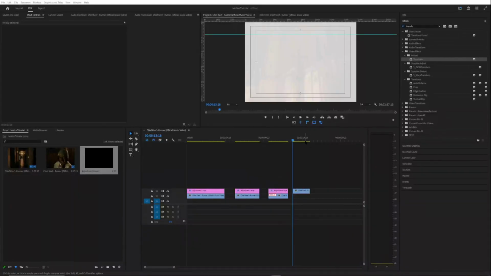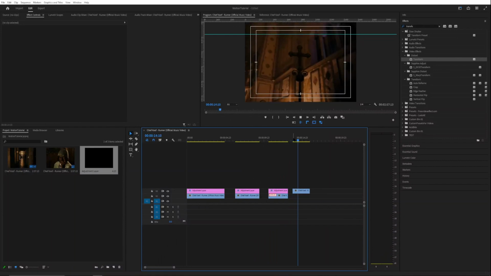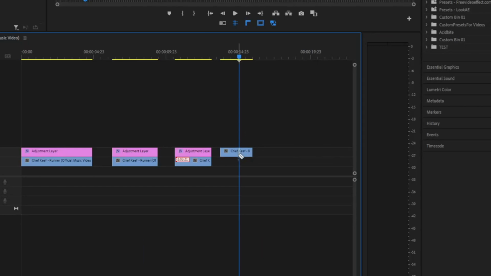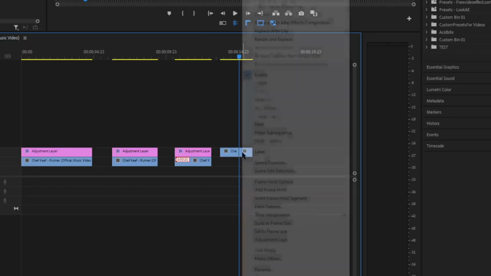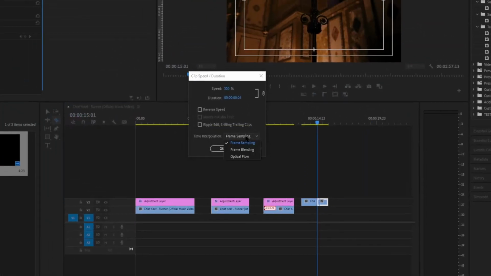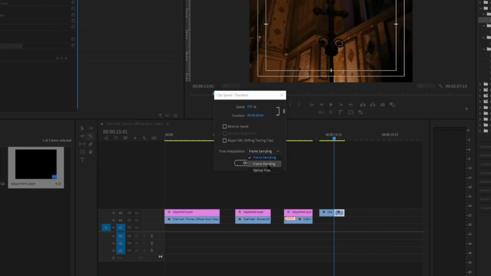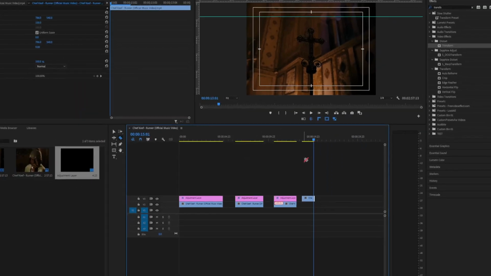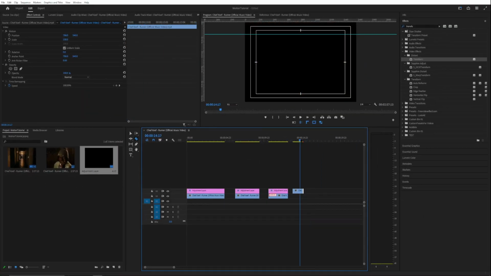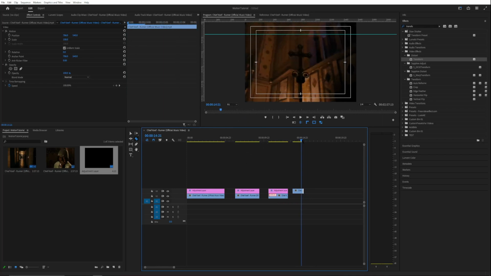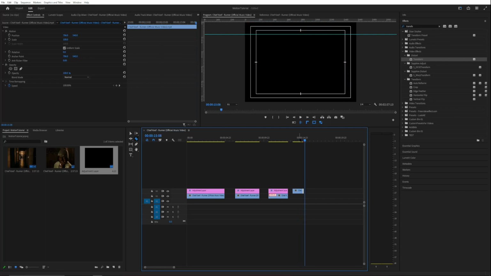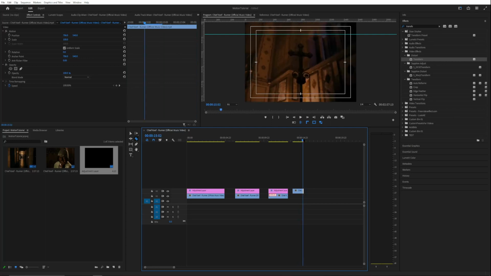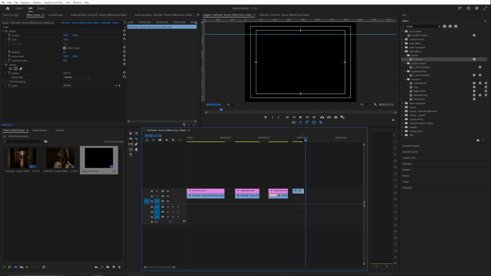The next one, we're going to be adding in motion through speed ramping. You're going to cut it by clicking C, right click the clip, type in about 500, do frame blending. Click OK, and from here, you should get this crazy speed ramping look with the frame blending. It'll kind of like give it like a little motion blur around everything when it speeds up. But we're going to add a little bit more into it